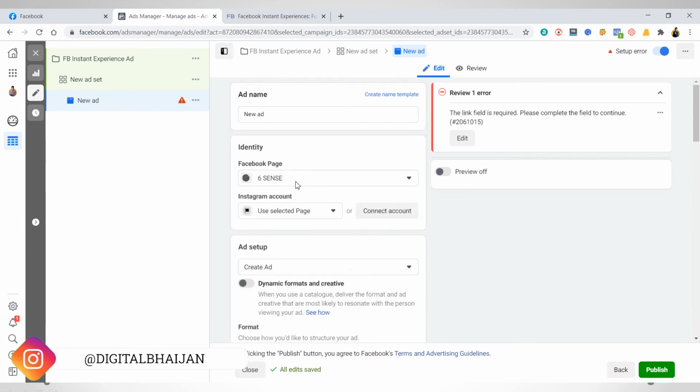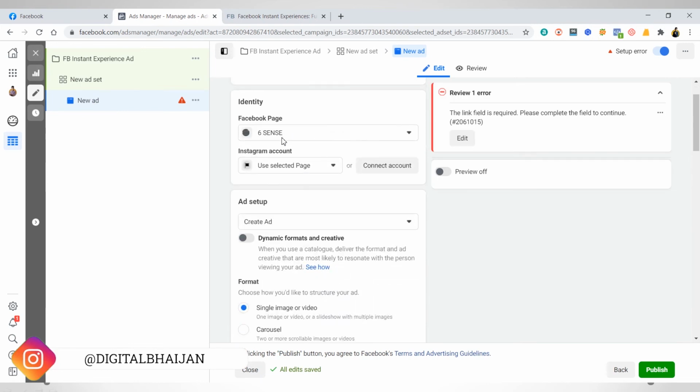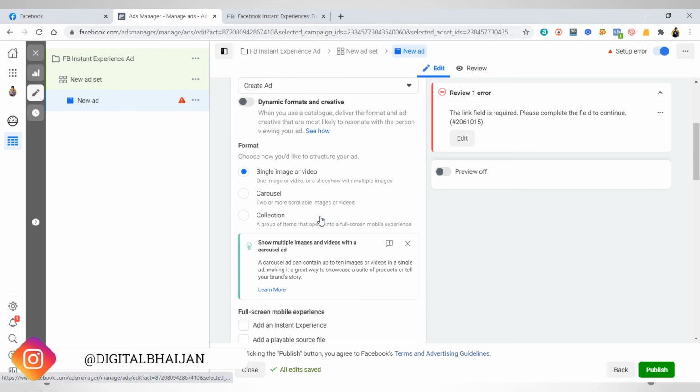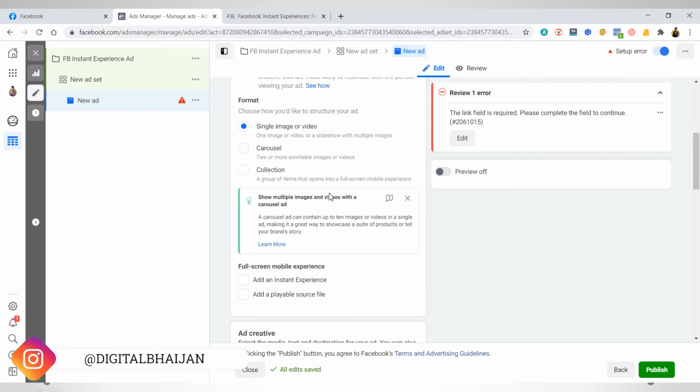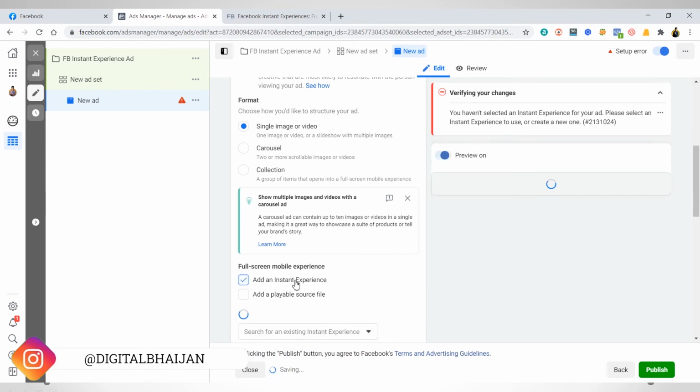Okay, you need to select a page. I've already selected one of my pages. If you want to create a simple ad, you can create a single image, video, carousel, and collection ad from here. But if you want an instant experience, that means you want to create a page within Facebook, then you need to click this add instant experience